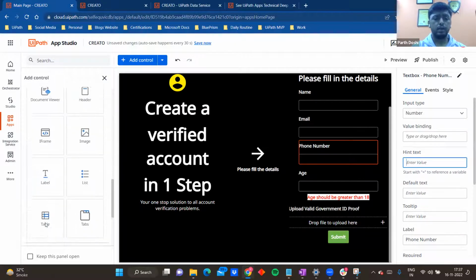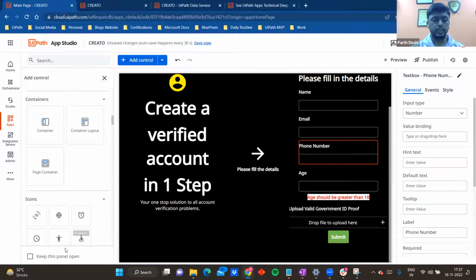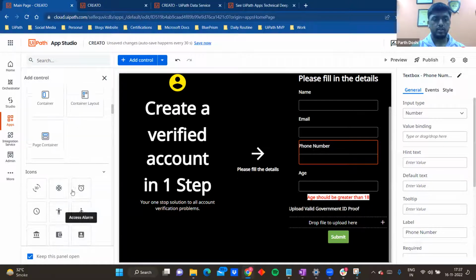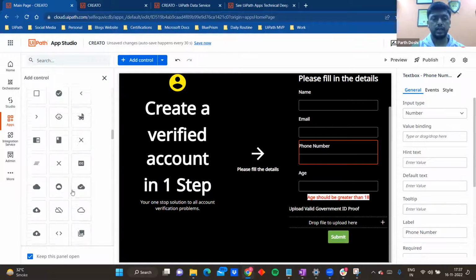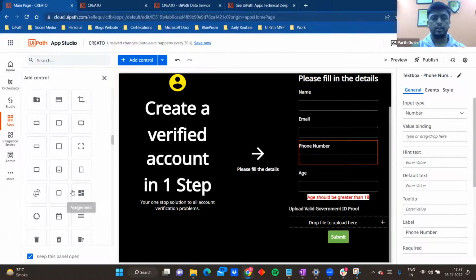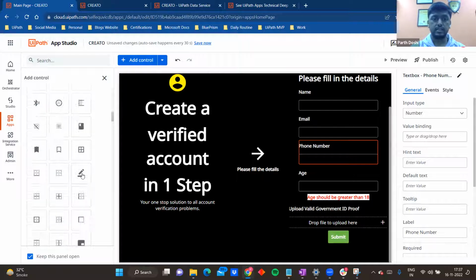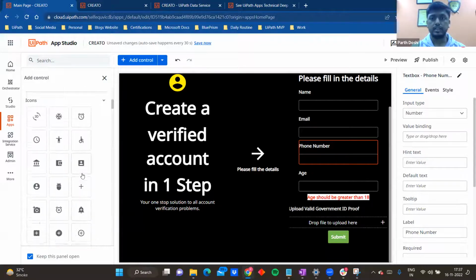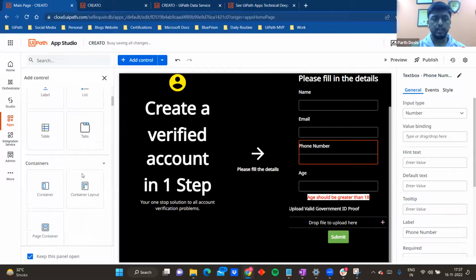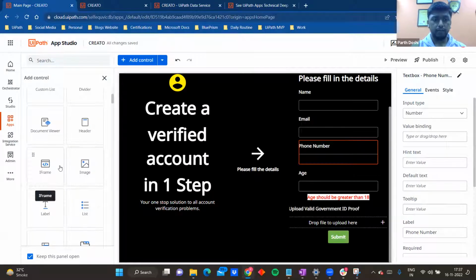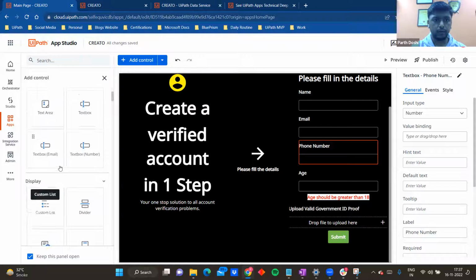Now we have a lot of icons as well. This is for user experience, right? If you see, there are, I think, more than 150 or 200 icons available. Whatever your context is, use icons to create an engaging experience, right? So that is something that you can do in UiPath Apps. And then there are a few other features that right now are not integrated within the app